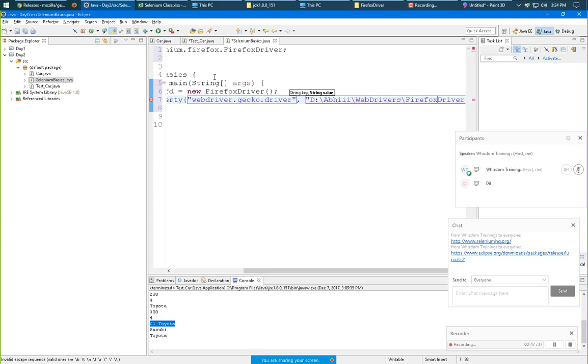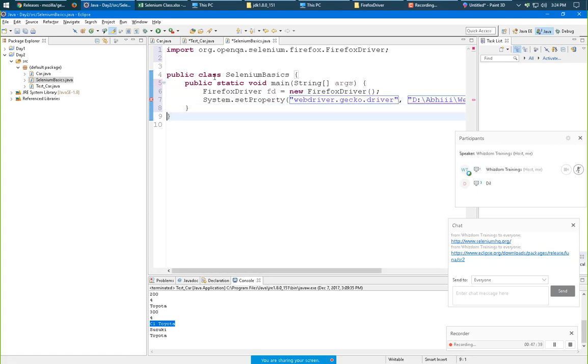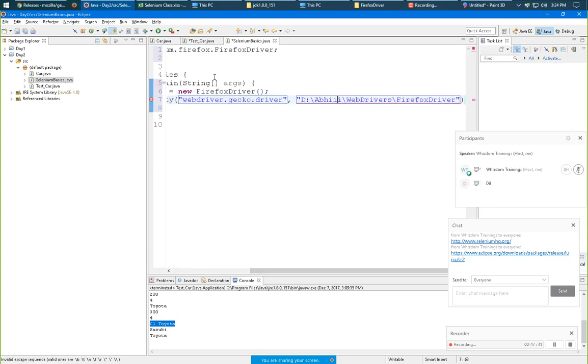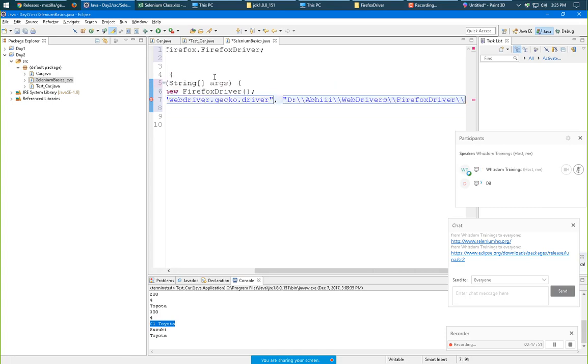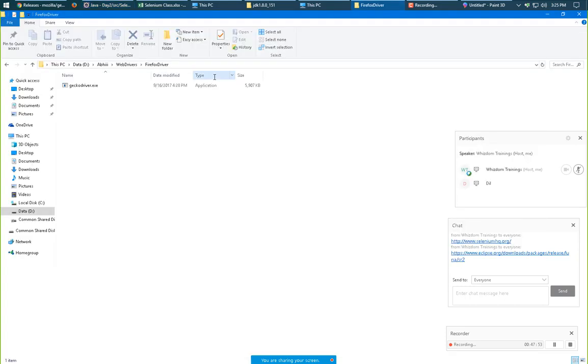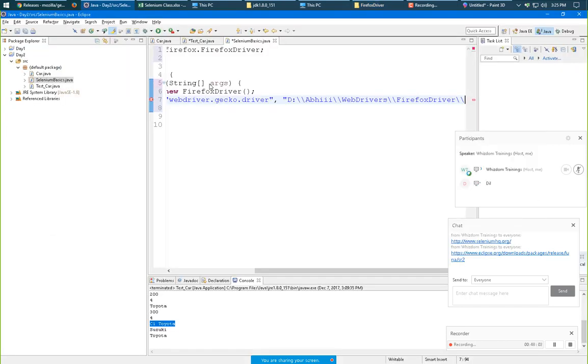This was the path. In Java, to provide a path we always use double slashes. So the Firefox driver, and the name of the file was geckodriver.exe, so just geckodriver.exe here.